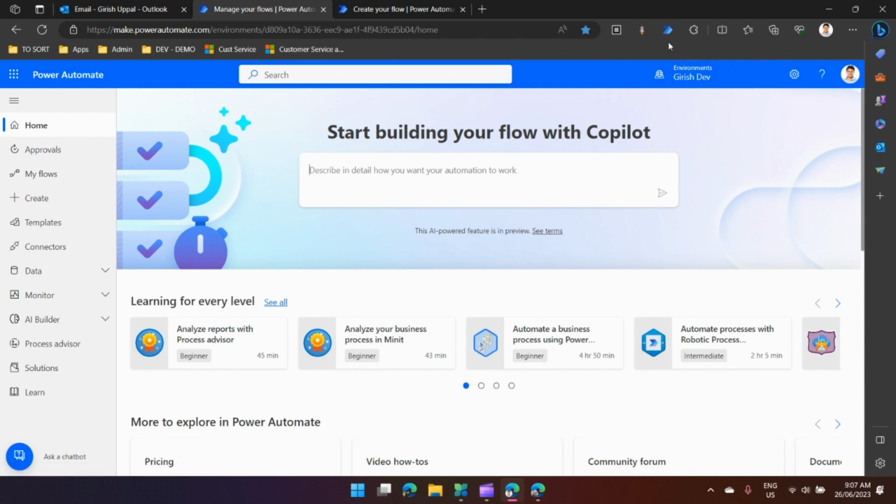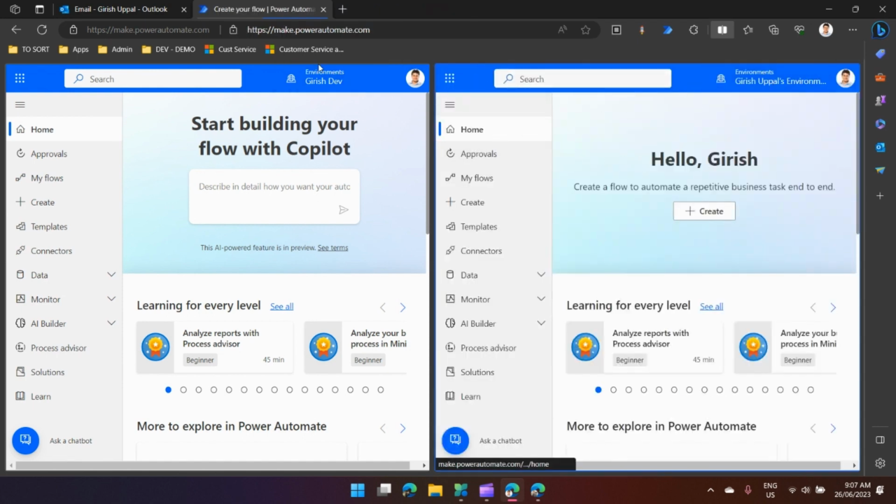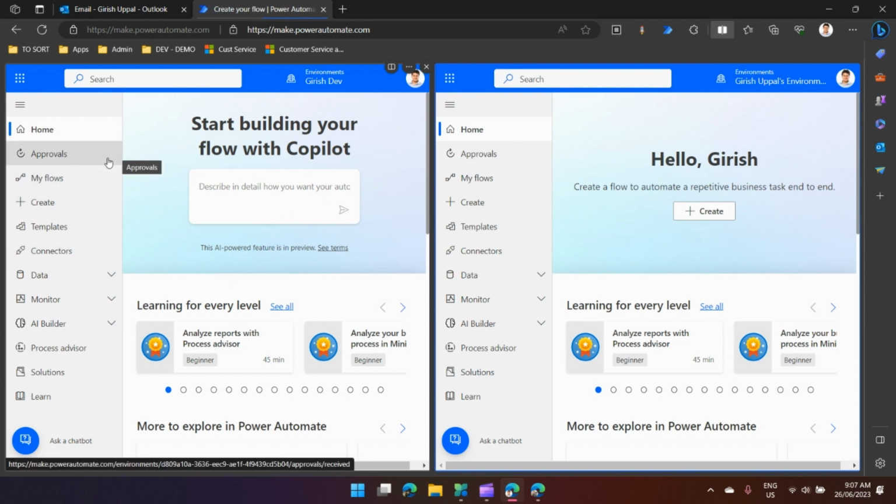Let me open it side by side, and I'll show you how it looks. Both the environments look a bit different on the home page. In one we have the Copilot functionality, in another we do not have it directly. Why? Because this environment is built in the preview region, which is the US preview region, and I have those functionalities enabled. I'll not go into much depth about how to enable it, but I'll just show you